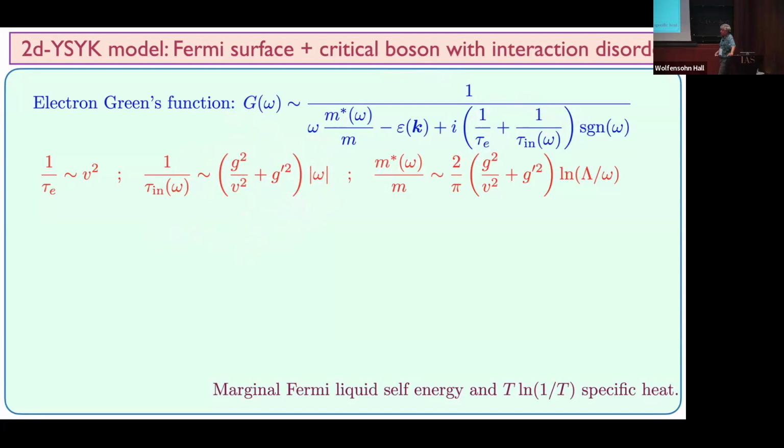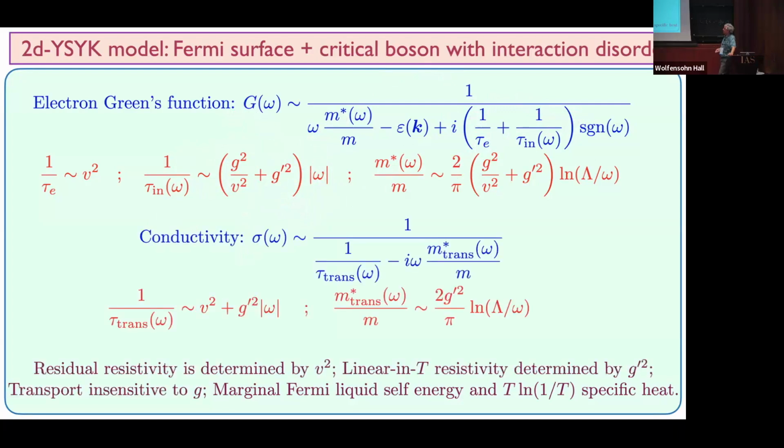And then you put it in the conductivity, and this is really the first calculation where you get linear T resistivity, because you get this transport time, which is a linear function of frequency or temperature. But notice one very important thing. The linearity here only depends on the random coupling, whereas here it has contribution both from the average and the random coupling. And this is because of exactly this drag effect I talked about. Long wavelength scattering without impurities does not give you linear T resistivity.